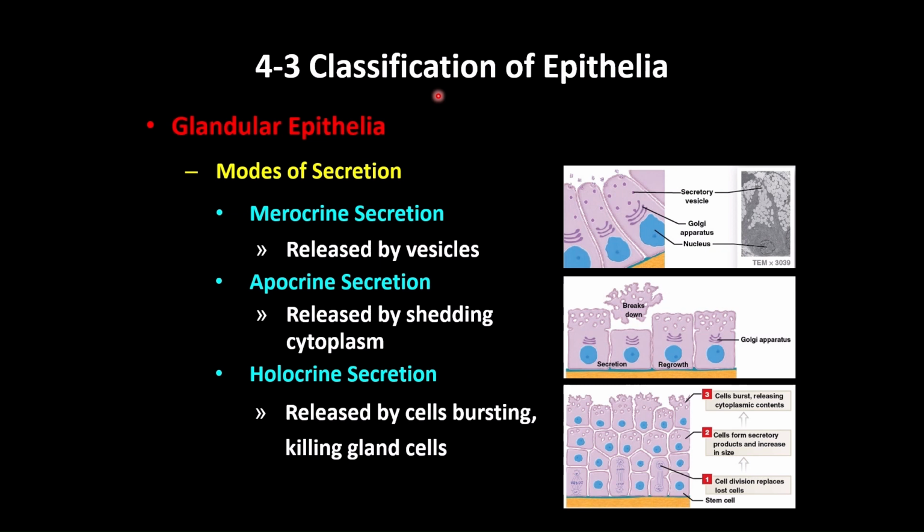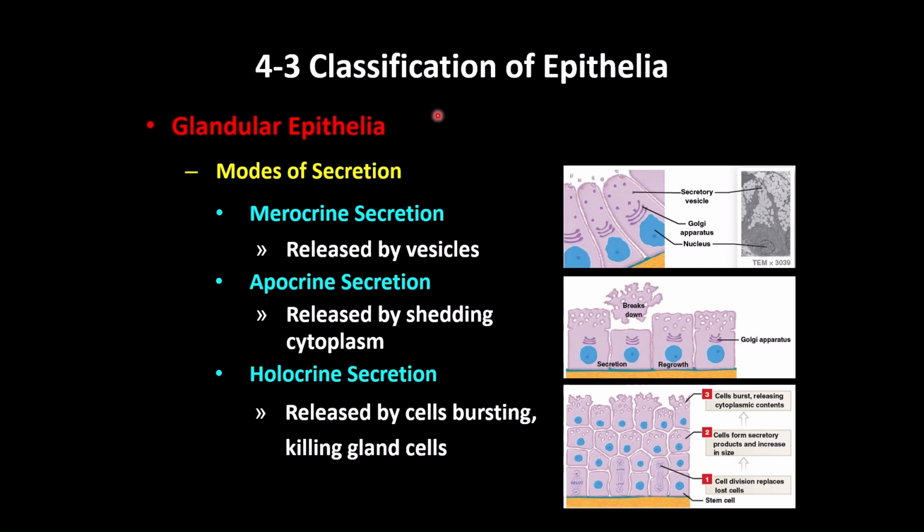Classification of the glands here. There are two types of glands. One is exocrine gland and the other one is endocrine gland. I did not write it there. Exocrine glands usually drain directly into a duct, and endocrine glands drain into the blood. So the types of